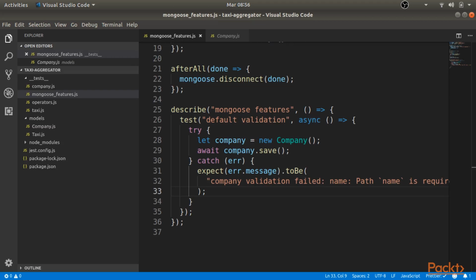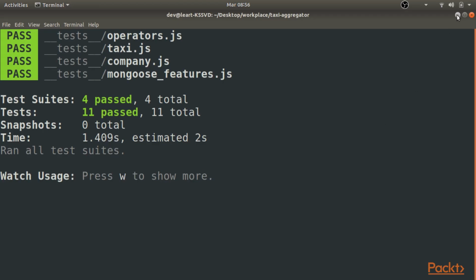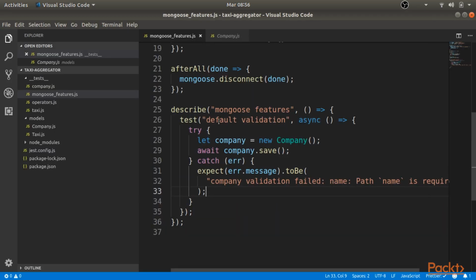Okay? So we just triggered the default validation of Mongoose by using the required true field, which was great. And now our tests are passing correctly. We took care of working with the default validation, and now you have a better sense of how the default validation of Mongoose works. Now we will take a short break,